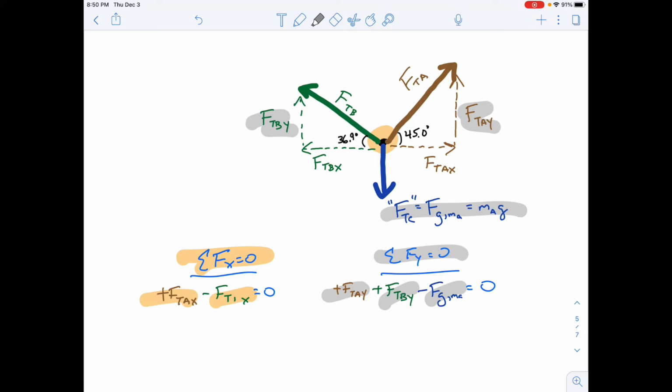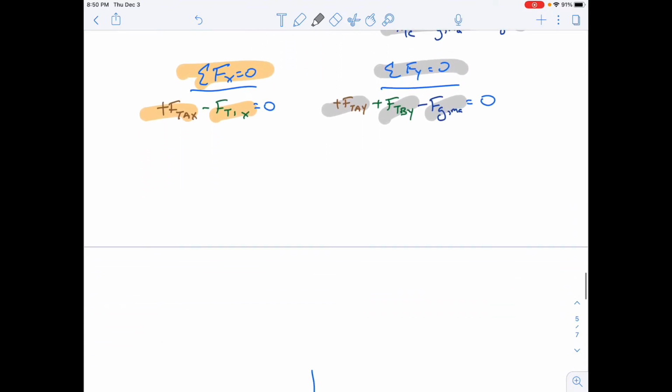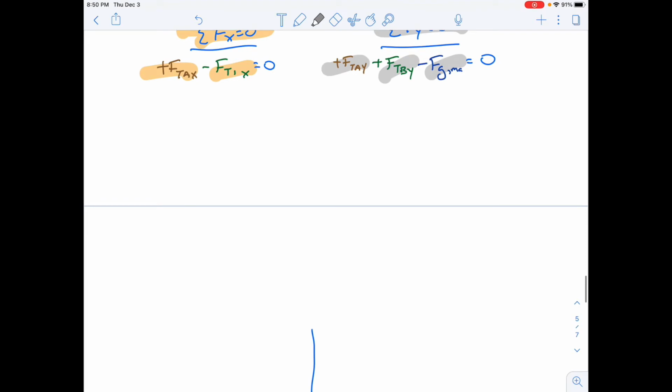Well, what are we going to do with this? It doesn't look like we have enough information to solve, because we have all these unknowns. But we do have enough information. That's the wonderful and the pain about these problems. And so what we can do